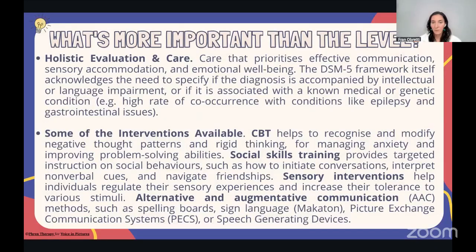The DSM acknowledges that they need to specify if the diagnosis is accompanied by other intellectual impairments, language impairments, or if there are non-medical or genetic conditions. We know that oftentimes with autism there are co-occurring conditions such as epilepsy and gastrointestinal issues. This is why it's important to have a holistic evaluation first, and then to set up a holistic care plan,